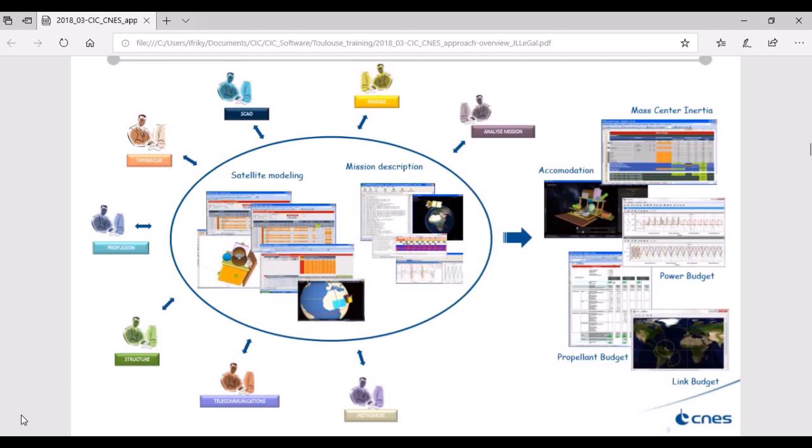You have a software specifically designed to describe the mission concept and different mission scenarios. And you have this software designed for the concurrent design of the spacecraft, where every subsystem specialist is